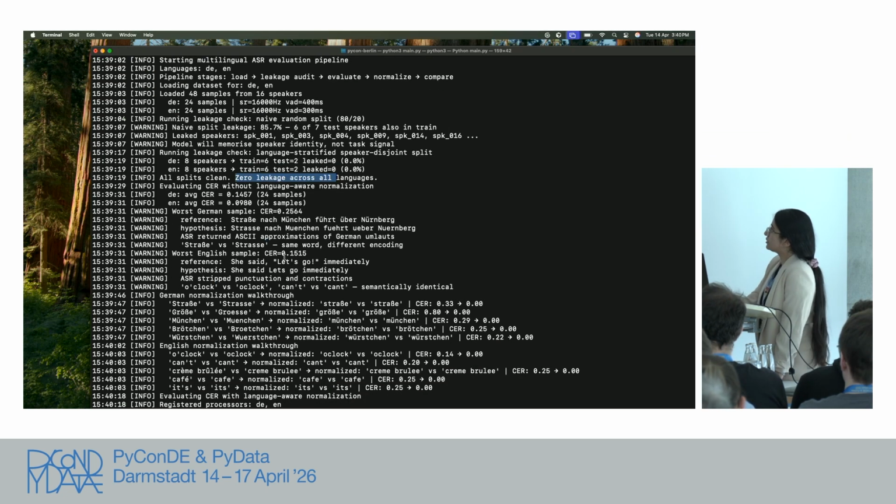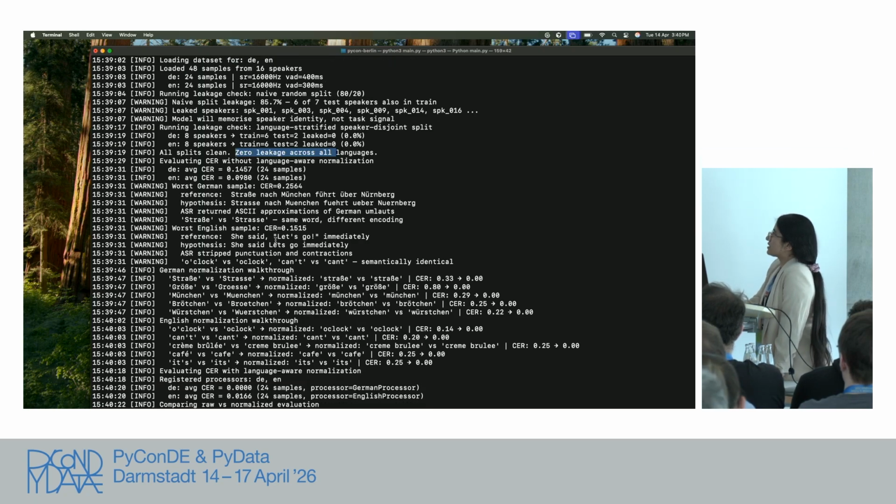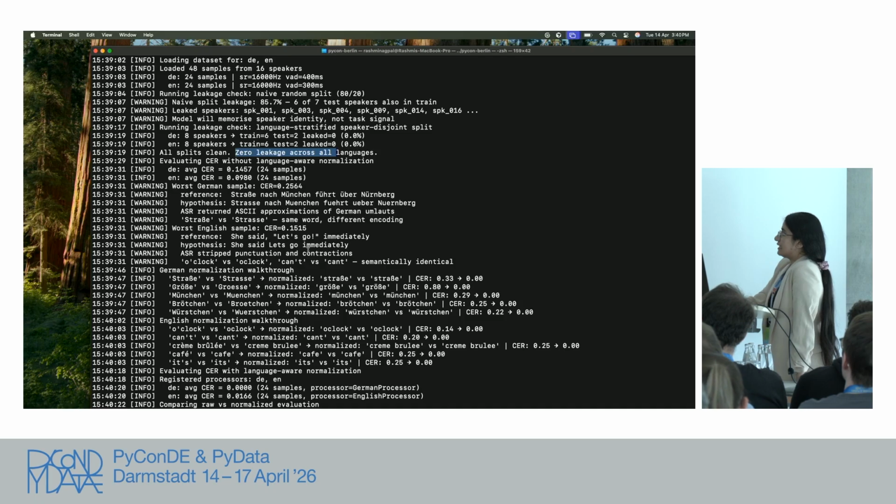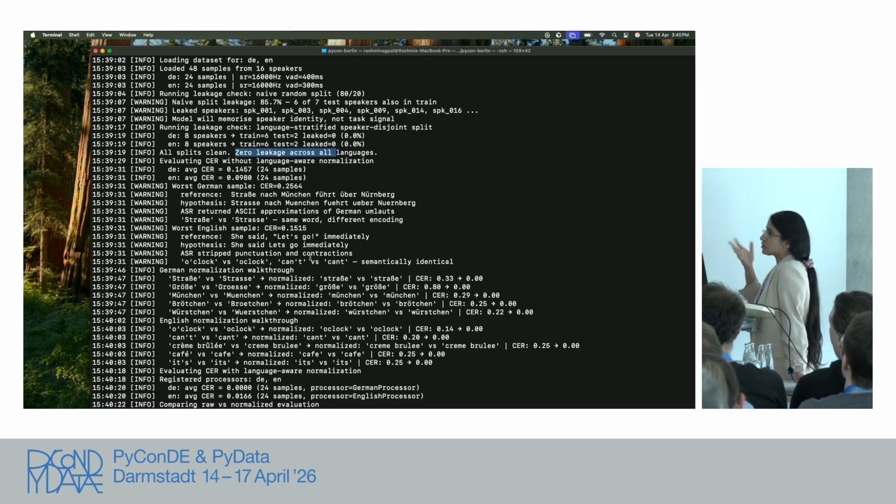Here's a very interesting example. For this English one, the reference is: she said, let's go immediately. And the hypothesis was: she said, let's go immediately. Now, if you see, both the sentences are similar, right? Semantically similar, and the response should be similar.